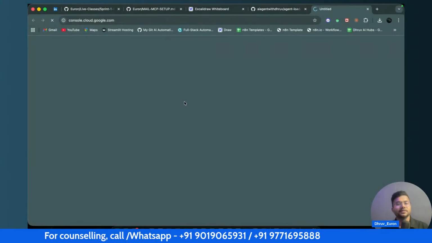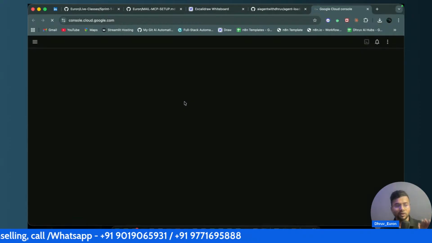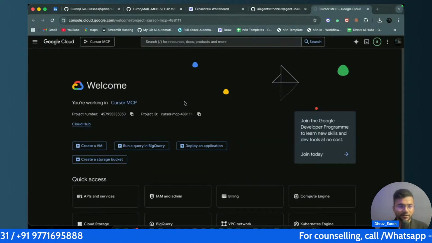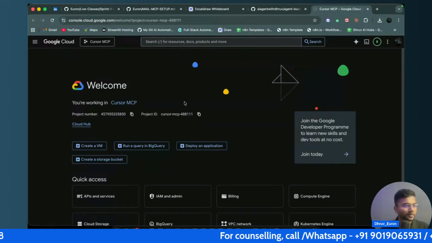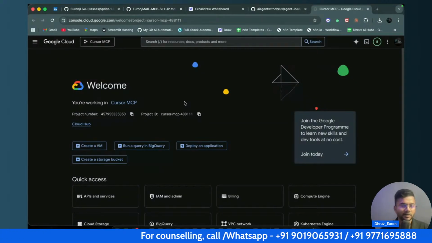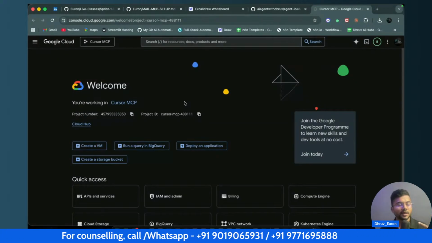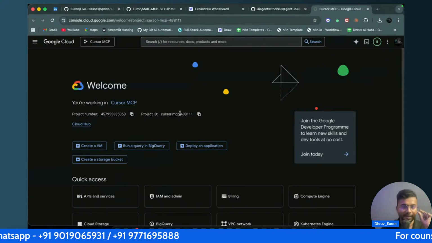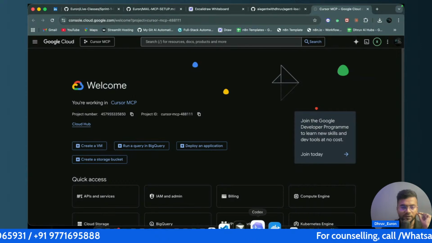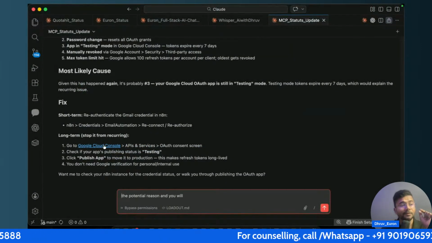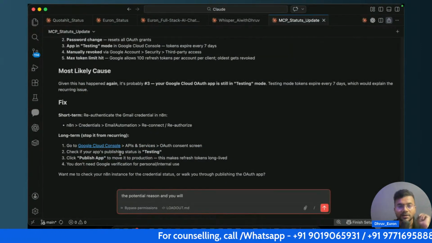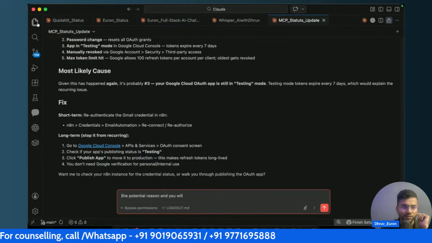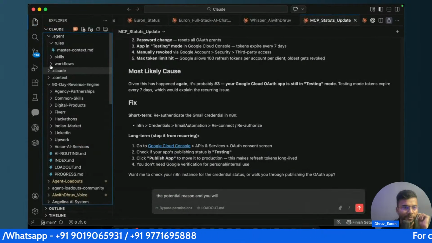So to connect with MCP, this is all you need. Learn it properly, and then you are done. What we need is a proper secret code, and what we need more, the secret code and client ID. That's all we need. So we can connect with any, like if you wanted to connect with your Gmail, your sheet, your drive, in that case we need those credentials. So even if I'll show you as well,